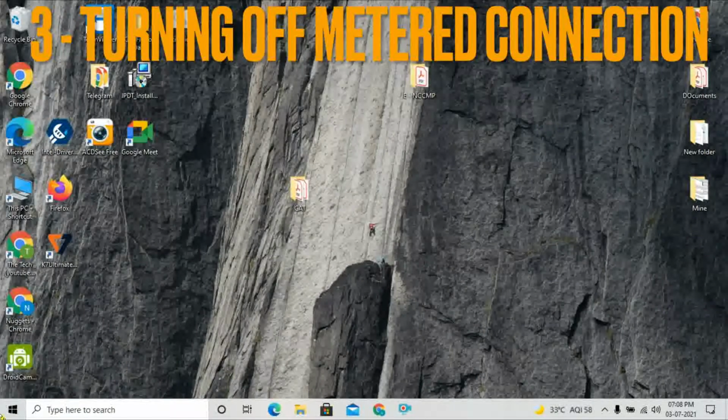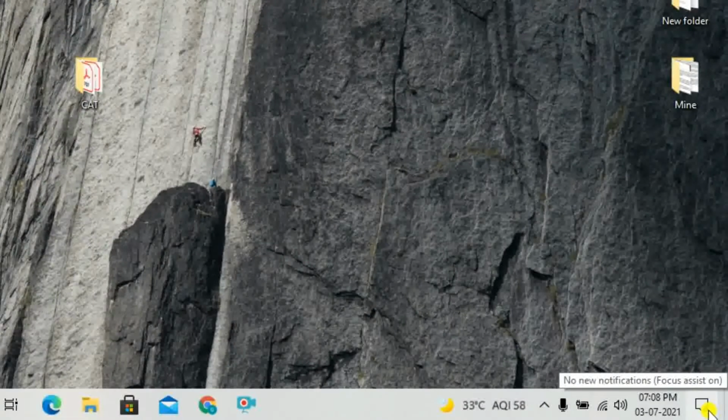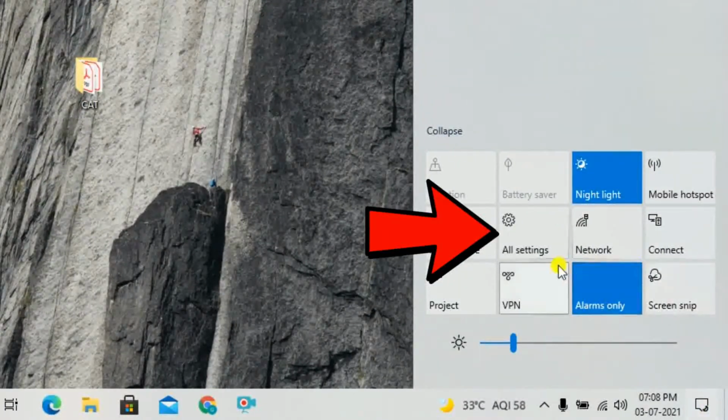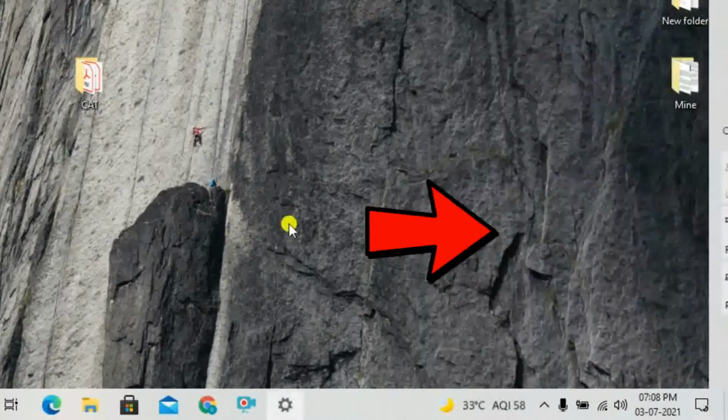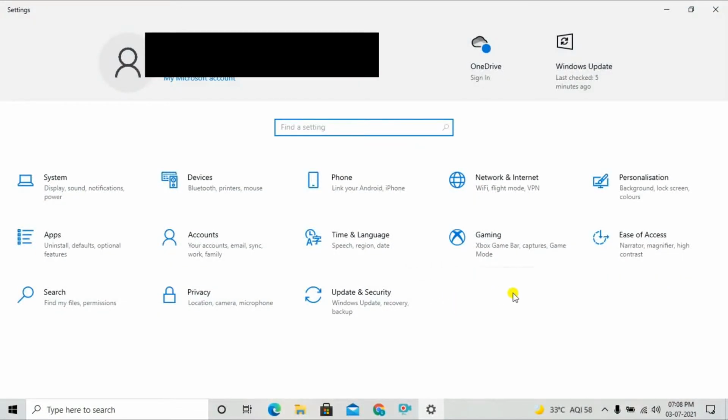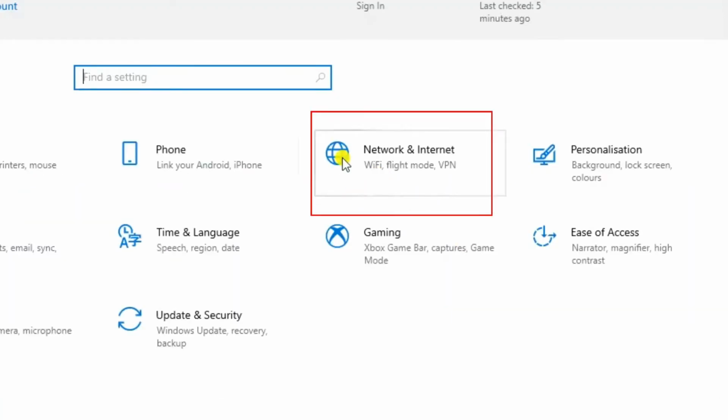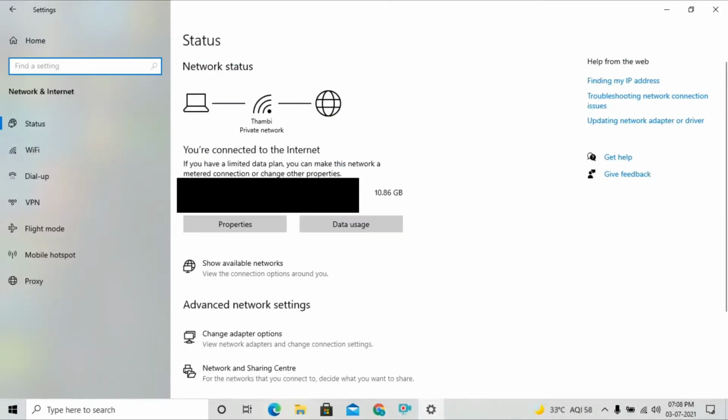Third option is turning off metered connection. In the Action Center, click All Settings, and under Network and Internet, click Properties in the Wi-Fi that you have connected.